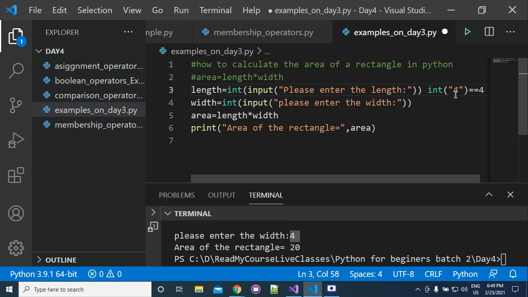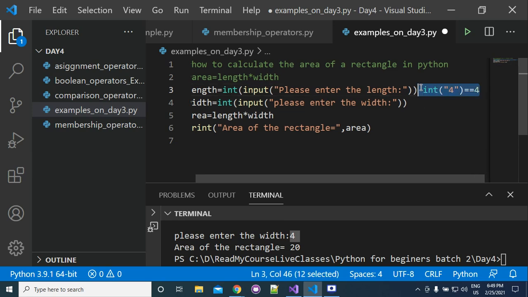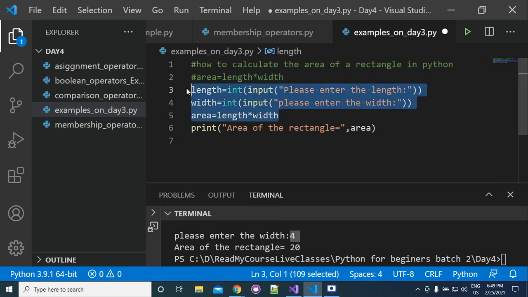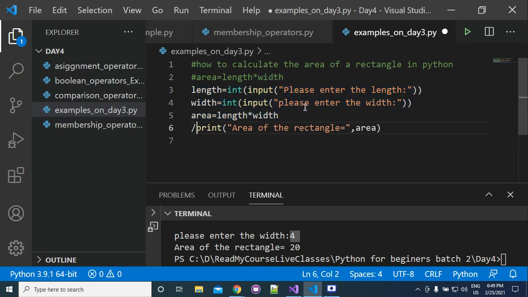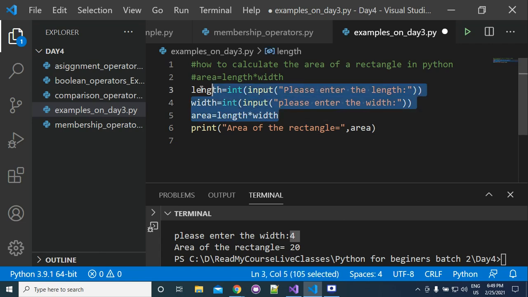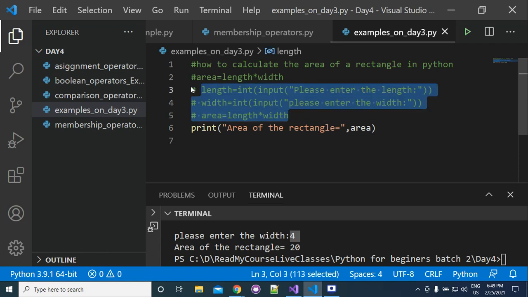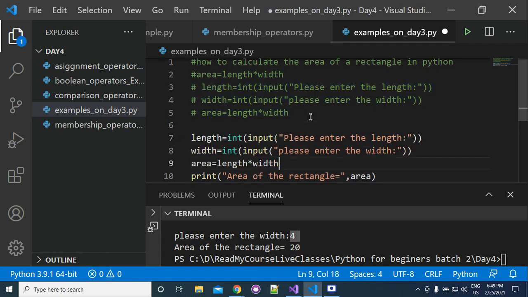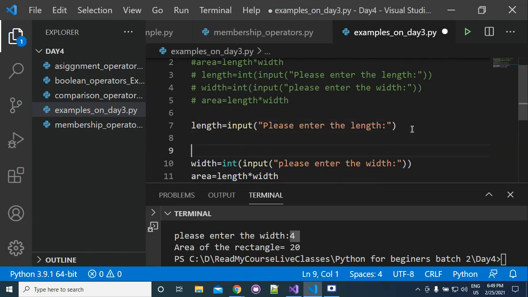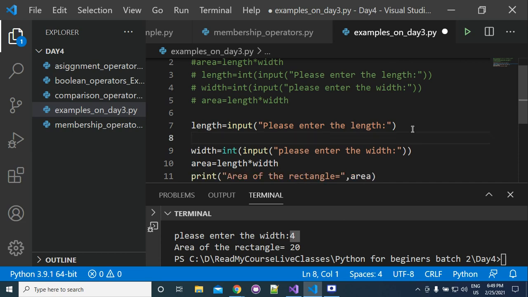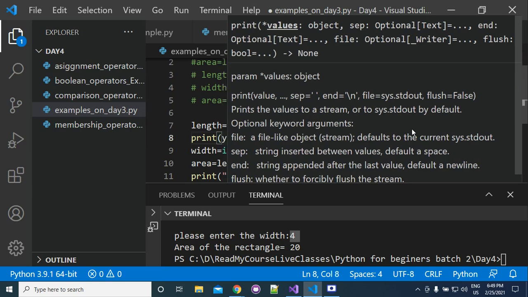Suppose I am just giving you the example. I am commenting this out and writing the same program here, but now I am not writing int. Just try to see the type of length.